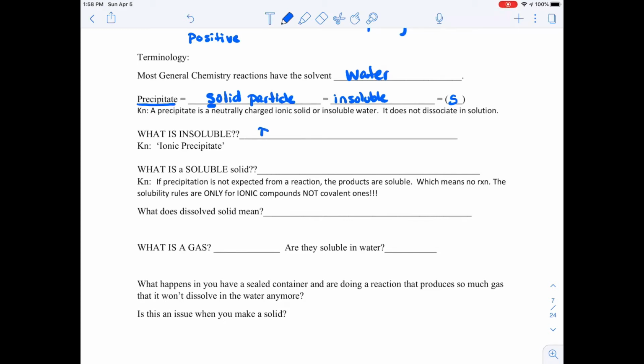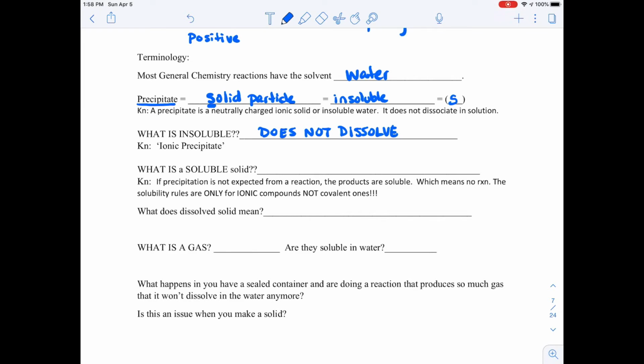So what is insoluble? It is something that does not dissolve. And again, this is going to be solvent dependent, right? So we're talking about water. So for now, it's something that does not dissolve in water, but remember, this is also used in a larger context. So in organic chemistry, things can be insoluble in whatever solvent you're talking about. It could be insoluble in, I don't know, alcohol, or insoluble in ethyl acetate, ether, those kinds of things.